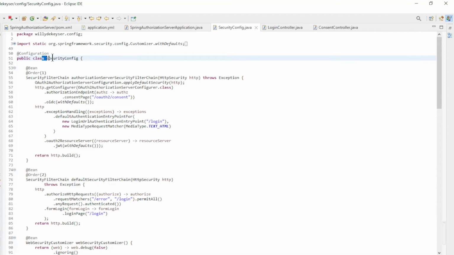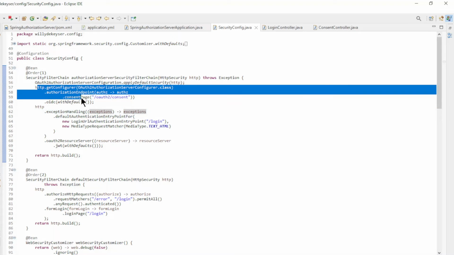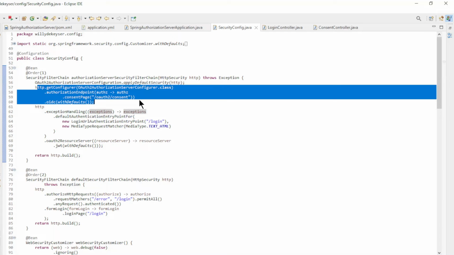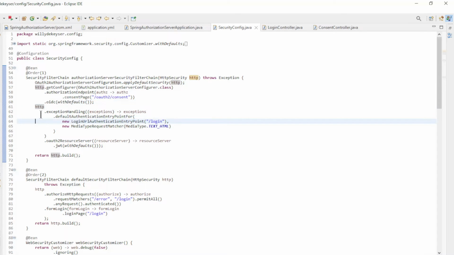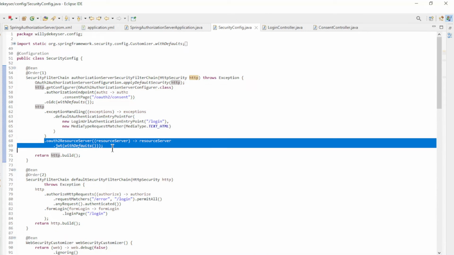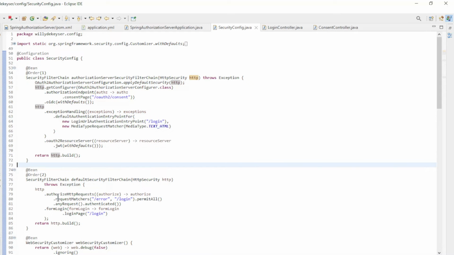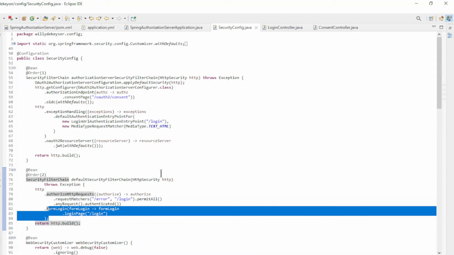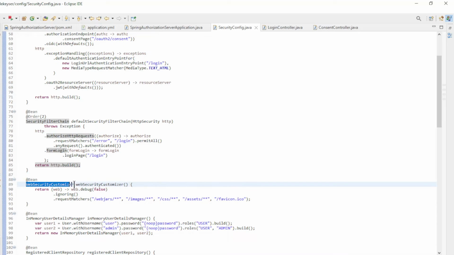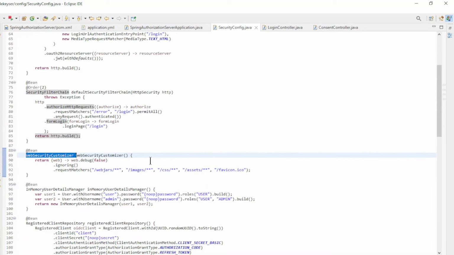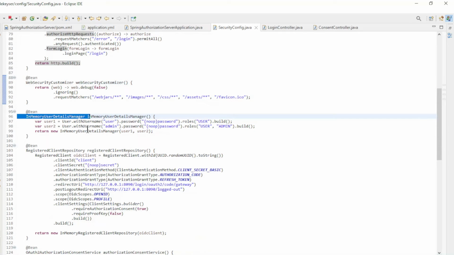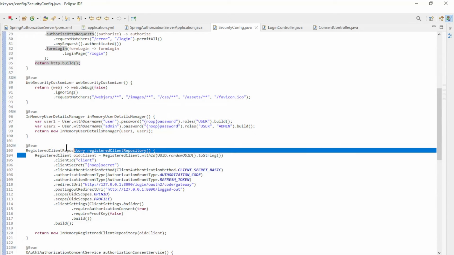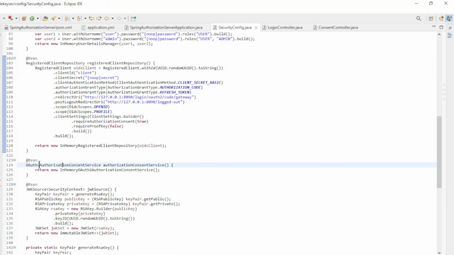In the security config class we have 2 security filter chain beans. The first bean is the config of the OAuth 2 endpoints. We have the consent screen here. OpenID config, Login exceptions config, and the resource server config. In the second bean we have the config of all other endpoints and the form login with the path of the custom login screen. Furthermore, we have the Web Security Customizer, In-Memory User Details Manager, Registered Client Repository, OAuth 2